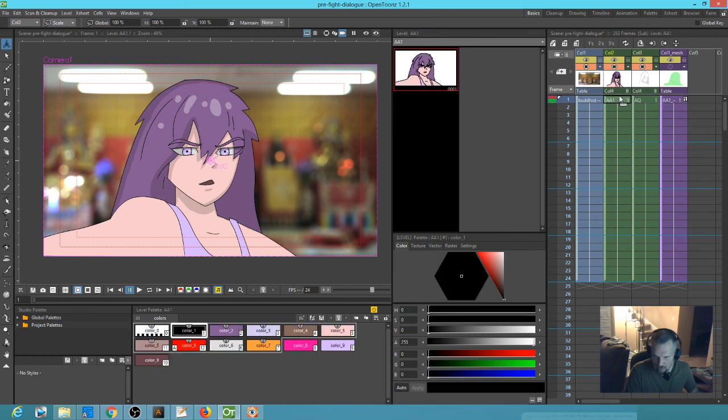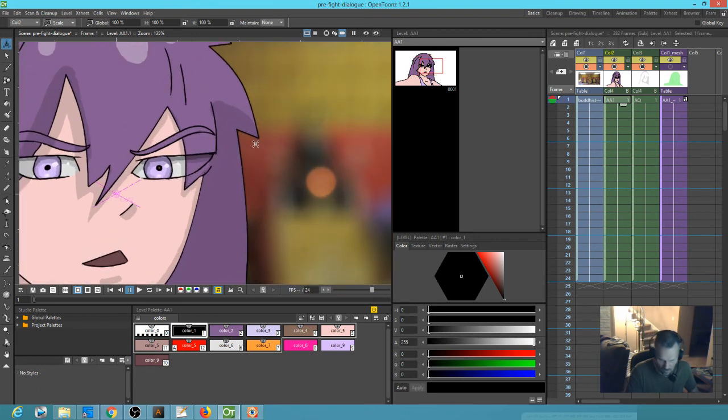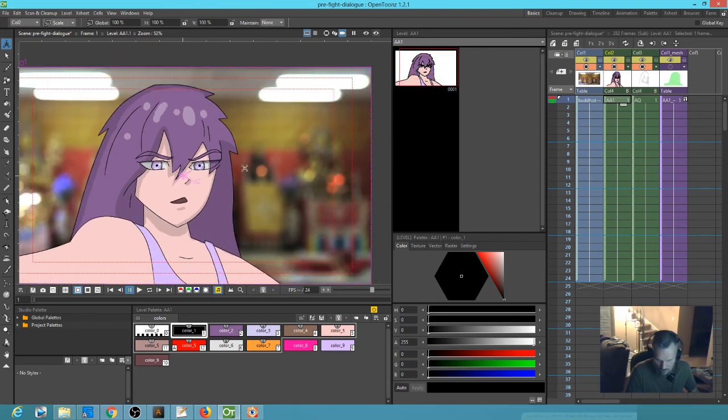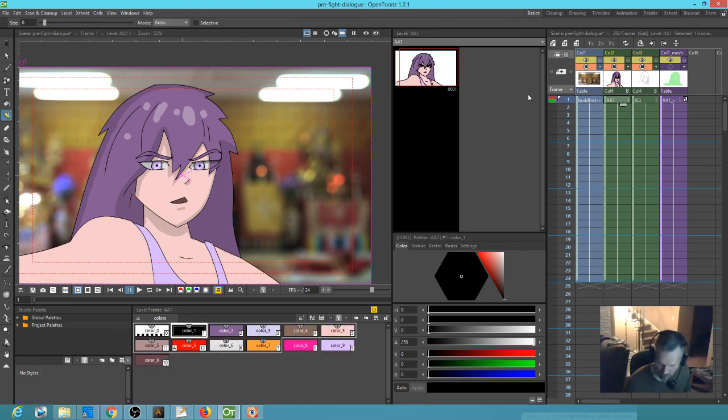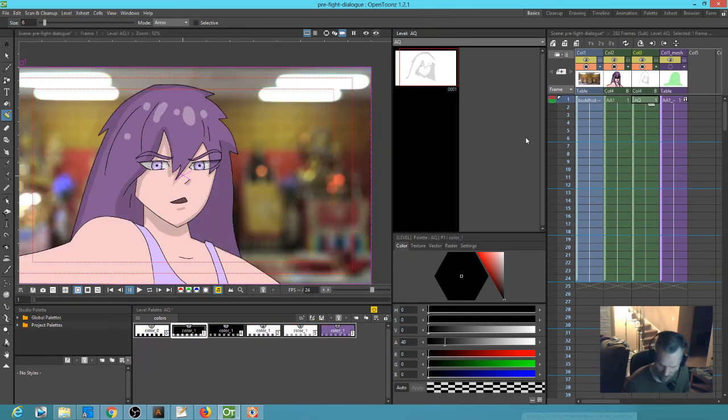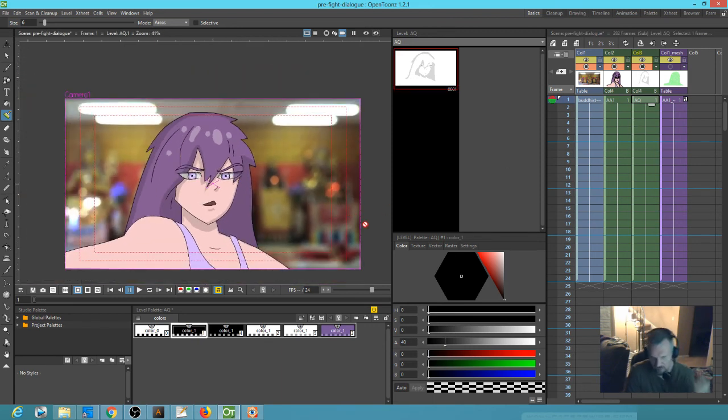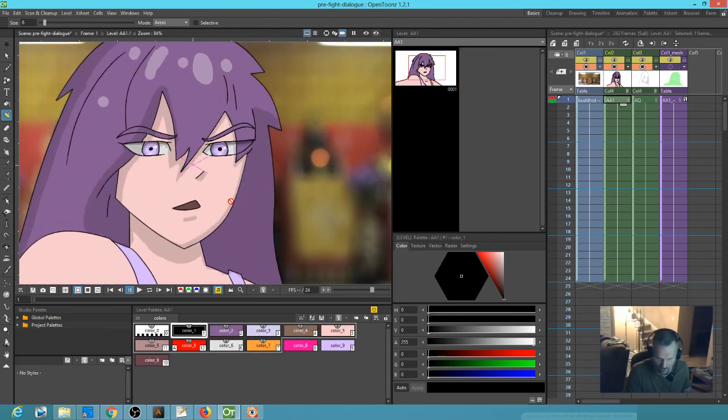And remember, I need to consult with the director, also known as Valerie, on the exact color for her eyes, because I am not certain that I've got this color correct. But the wonderful thing about OpenToonz is that you can change the colors after the fact, so it's no big deal. Right? So, with that, I think this shot probably can be considered done,